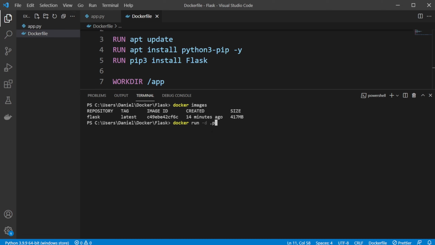And then we need -p, because we are port forwarding. If you know a bit about Flask, you might know that Flask is set up to expose port 5000, which I haven't changed, obviously, because I'm just doing a very simple program. So what we can do is port forward from port 5000 to port 5000, which just makes it